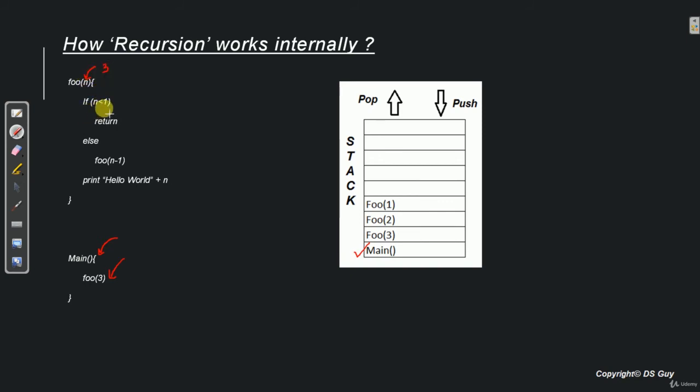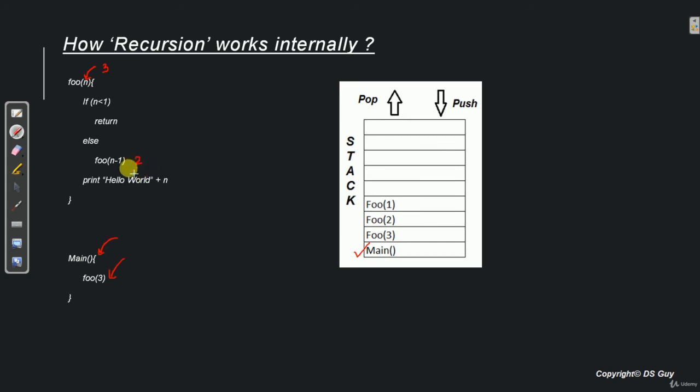If n is less than 1? No, it is not less than 1, it is 3. So it goes to the else block. It calls foo n minus 1. So what is foo n minus 1? It is 2, 3 minus 1. So the foo method automatically gets called again with value 2.